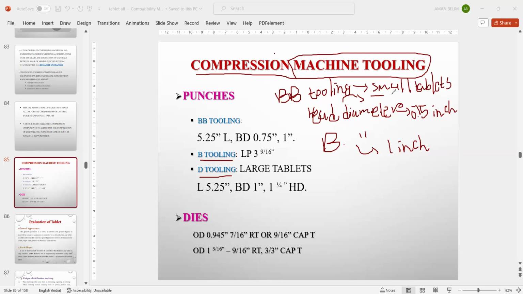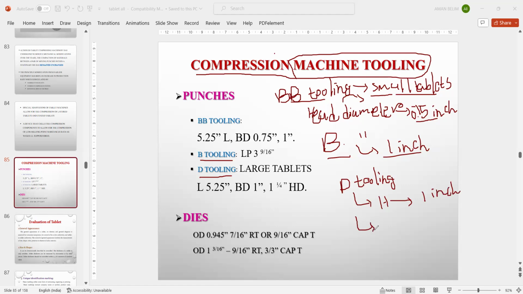So BB tooling is used for the small tablets, and in that case the punches have a head diameter of 0.75 and a barrel diameter of 1 inch. Okay. While in case of D tooling, the punch diameter or head diameter, I have written as H. Okay. So the head diameter is 1 inch